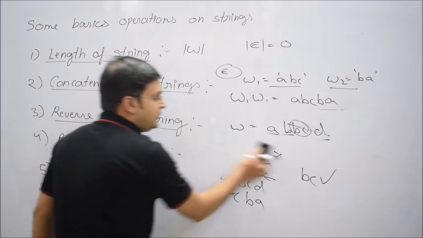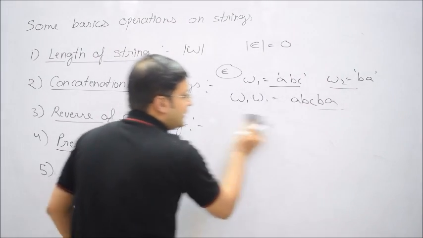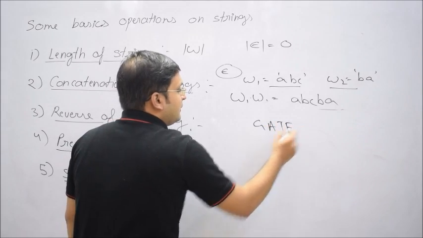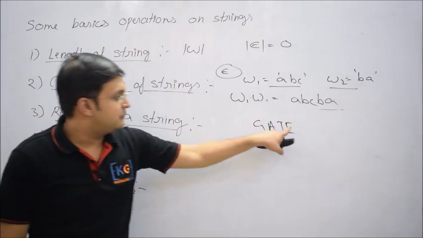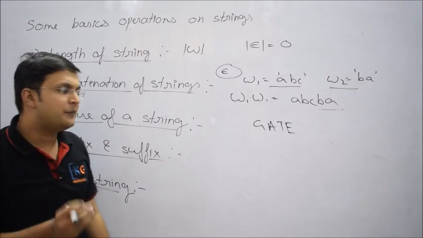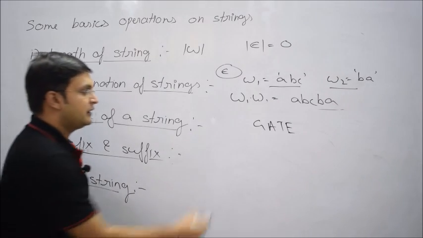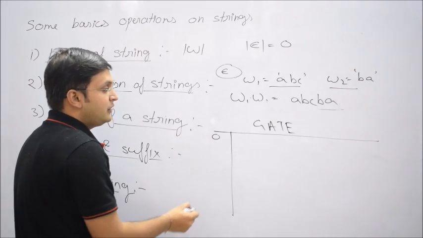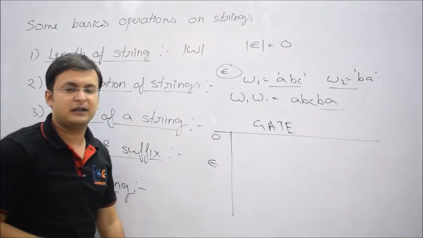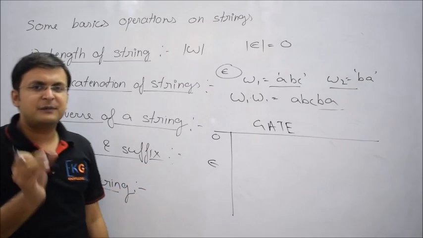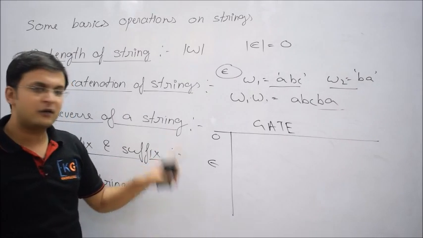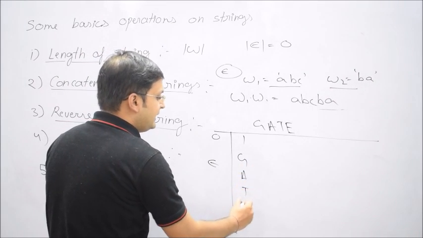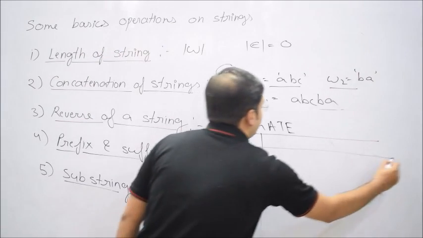One more analysis we can do is when a string contains unique symbols. For example, let me say GATE. That is a string of symbols which are all unique. The question could be how many different substrings are possible. So you understand there could be different lengths. If length is 0, there is only one substring possible, which is null. As I already told, null is a special string of length 0, so we can always consider it. Now what about length 1? G, A, T and E, all these are substrings possible of length 1.